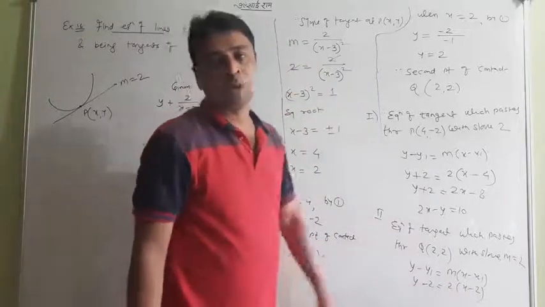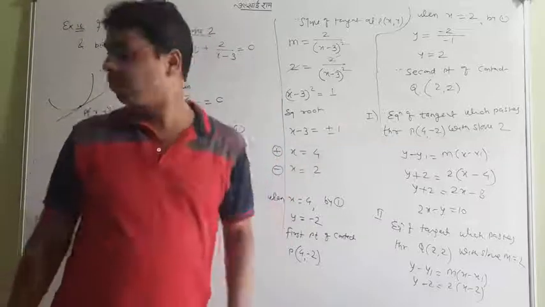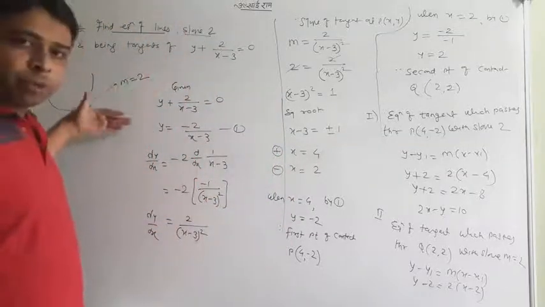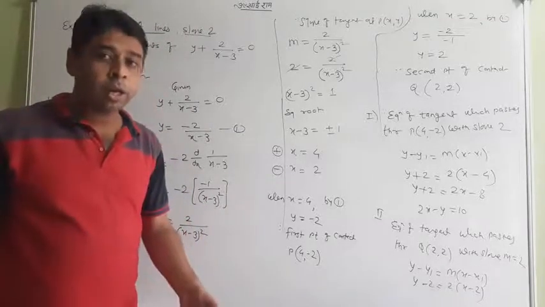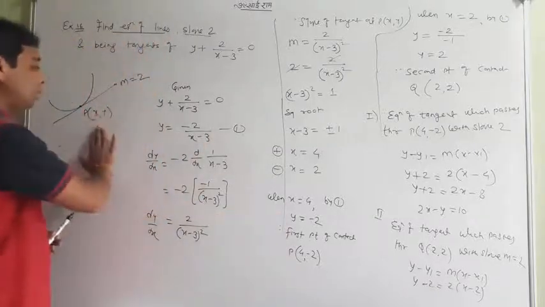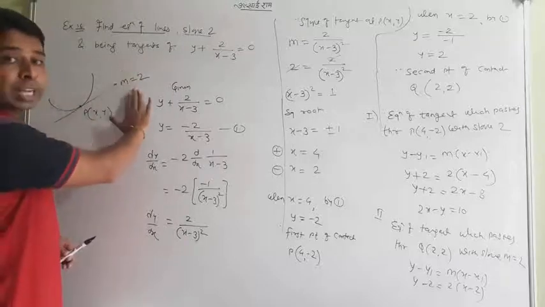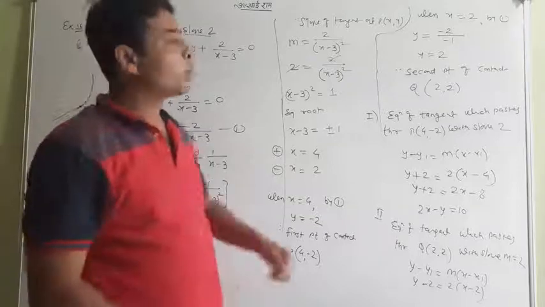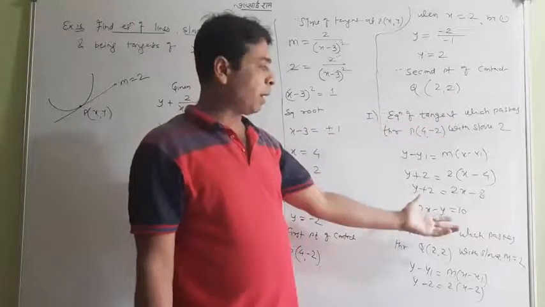The question is very long, but you don't be afraid. The concept is very easy. You just have to find the equation of the required tangent. What is the requirement for finding the tangent equation? The tangent is none other than a line, and for getting the equation of a line we need a point through which it passes and the slope, and the slope was fortunately given. We only had to find the point of contact through which the line was passing. We had 2 points of contact, so 2 tangent equations will be there, and by one point form we got them.